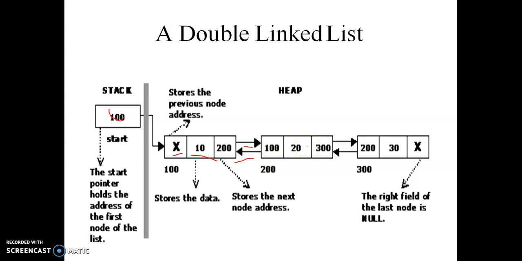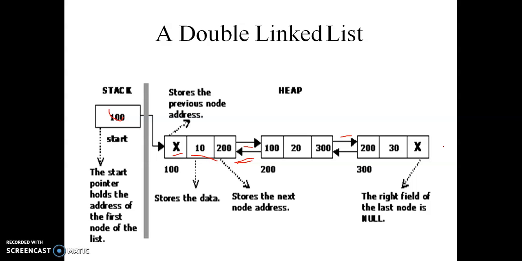So each and every node has two pointers. One points to the next node and another points to the previous node. For the 20 node, this is the pointer for the next node and this is the pointer for the previous node. In the same way, every node has two pointers. This is the basic advantage of the double linked list, where we can move in two directions and access the elements in two directions.